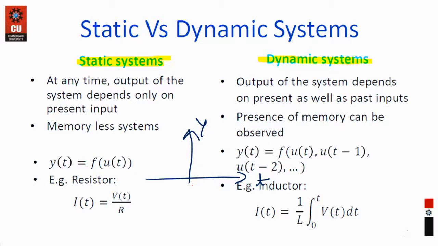I can write it as 0, this is 1, this is 2, this is -1 and this is -2. If the present time is 0, a dynamic system depends upon future inputs as well as past. Okay, Harshit? Dynamic not only depends upon future, but it also depends upon past. So I am going to discuss this with some examples as well.